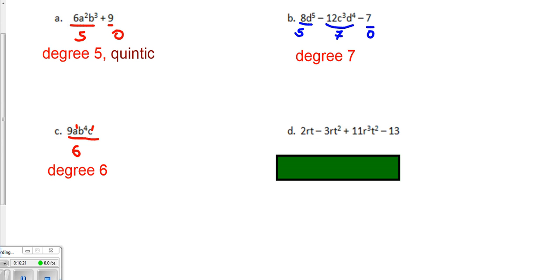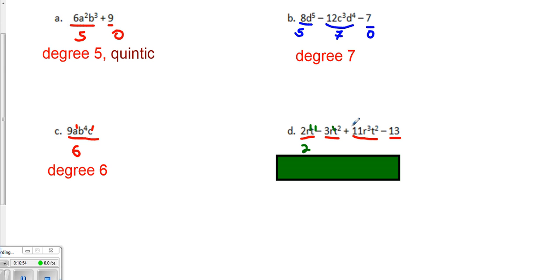So at this point now, after you got it, we're going to check, make sure you got it correct. We've got one term, two terms, three terms, and four terms. We can tell because each one is separated by an add or subtract. We have 2RT. Remember, each of these, R is to the first power, T is to the first power, 1 plus 1, 2. We have a second degree term right here,